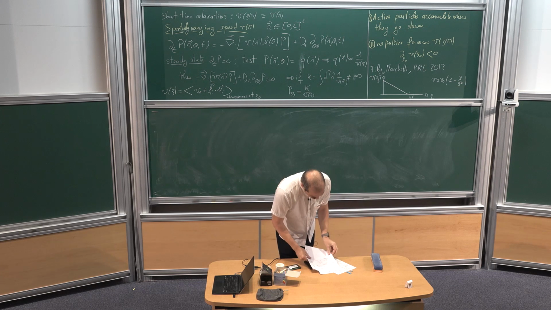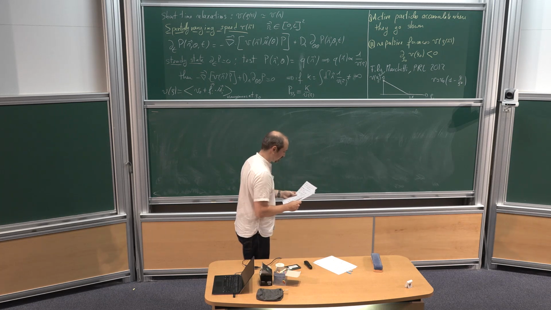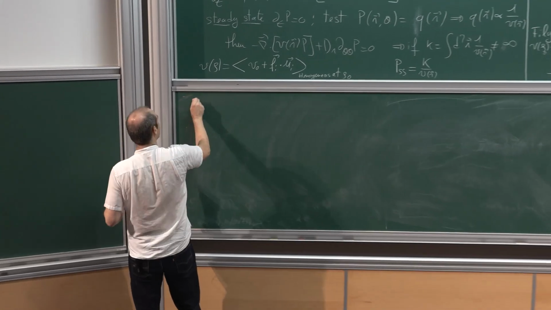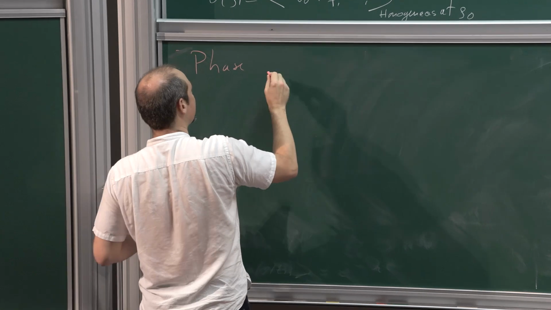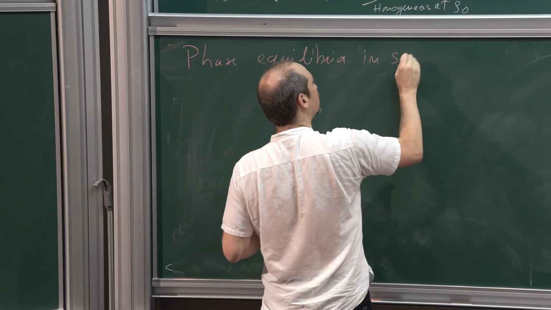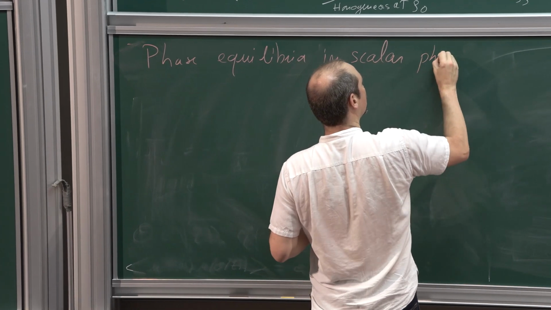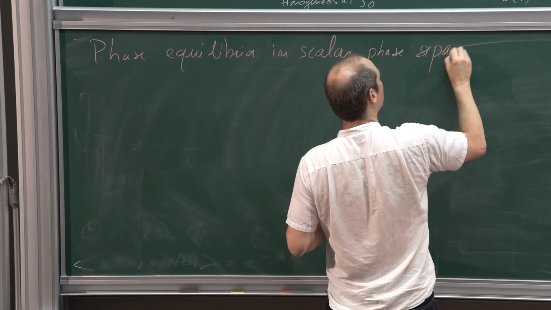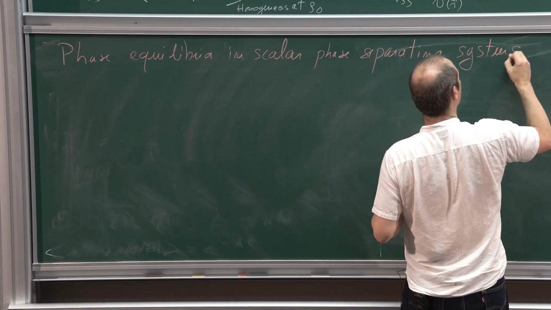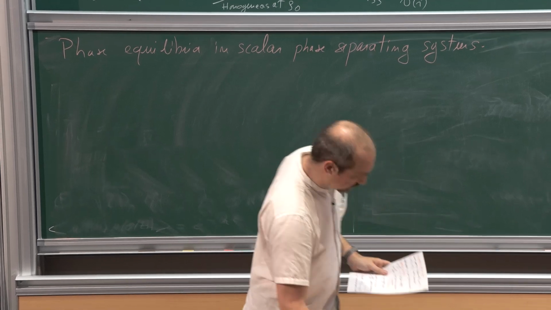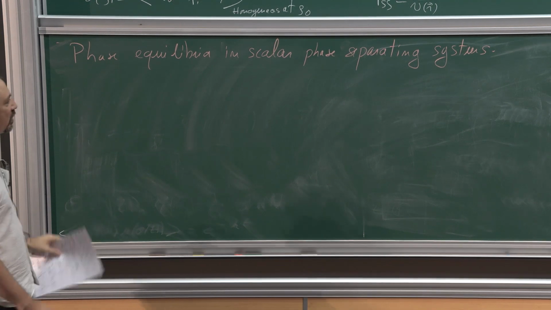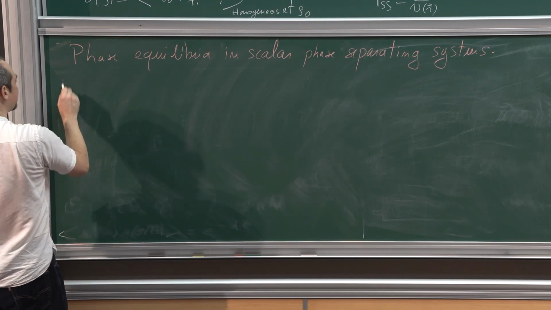So, what I want to do in the next half an hour is to understand phase equilibria in scalar phase separated systems. I will start with a reminder of the equilibrium case, and then we will see how we deviate when we have this system. The idea is we have particles